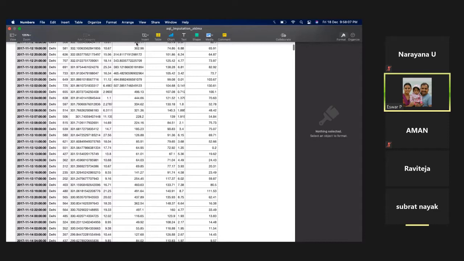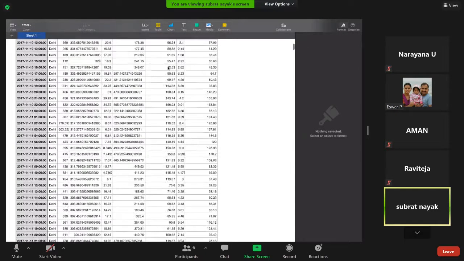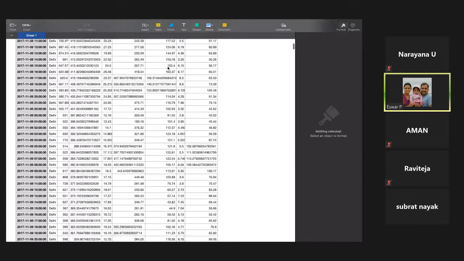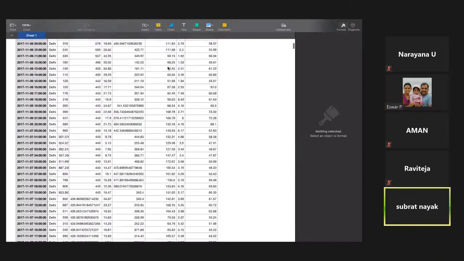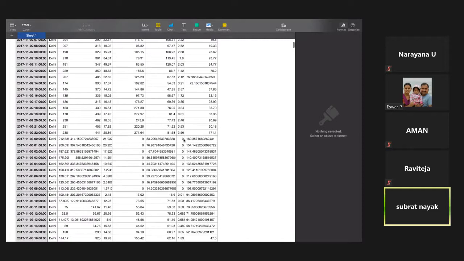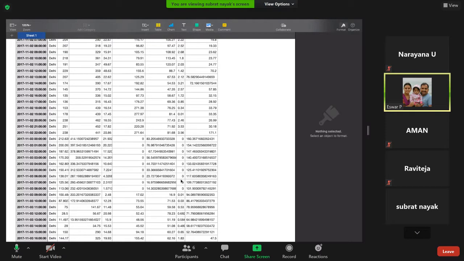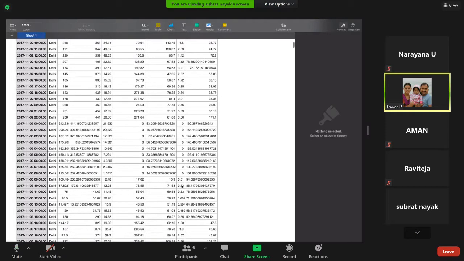Sir, there are some values having 0. So it is 0 because it is probably 0 in the original data itself. It is not an imputed value. Because of that 0, you can see the values below, 0.1, 0.3. This is the imputed value. Yes, sir.